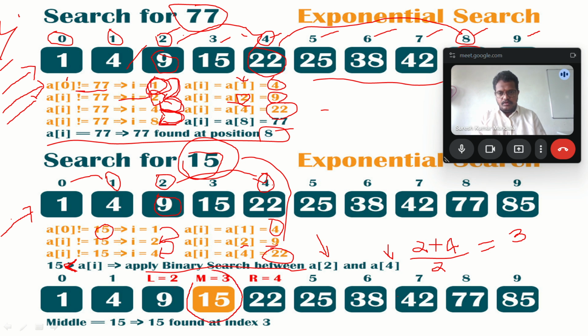Within that middle value, the comparison starts: whether the target value and the middle value are the same or not. If both are the same, the element is found. Otherwise, it will again apply the binary search concept. This is the concept about the